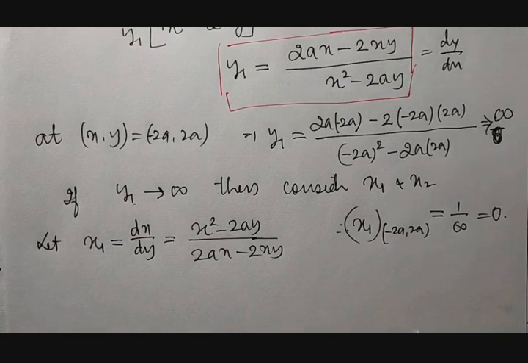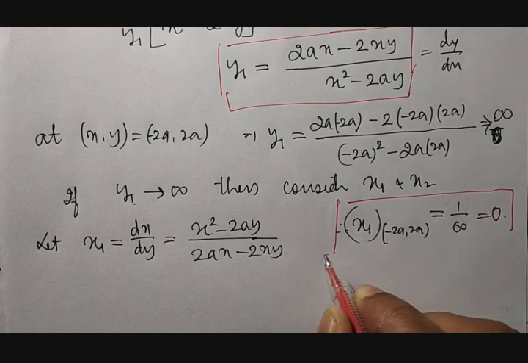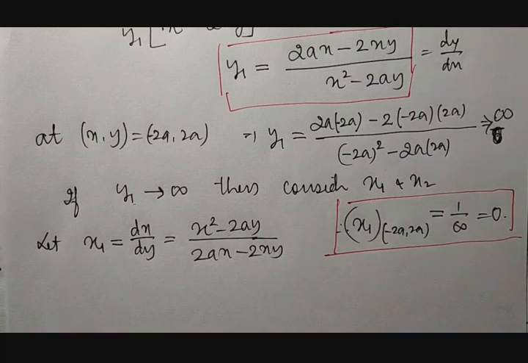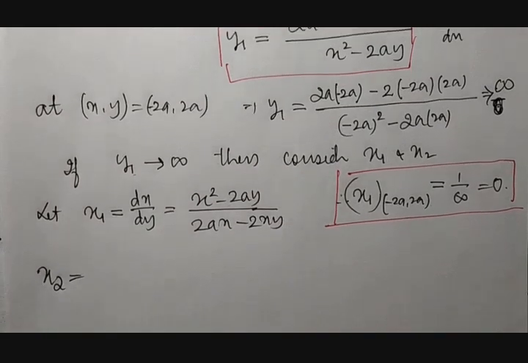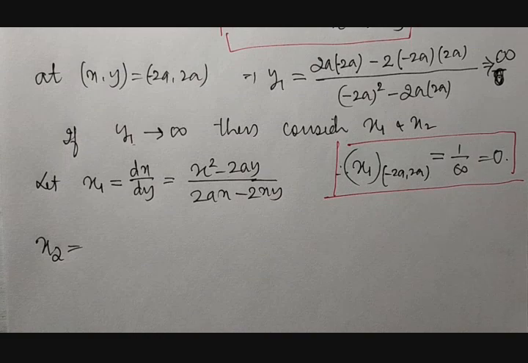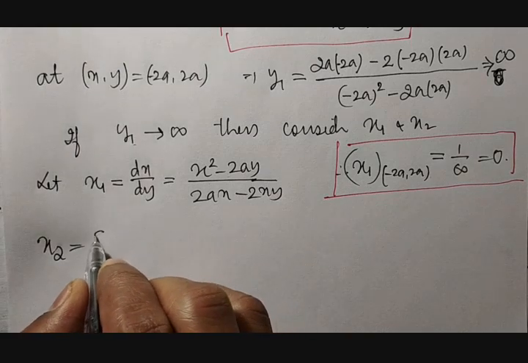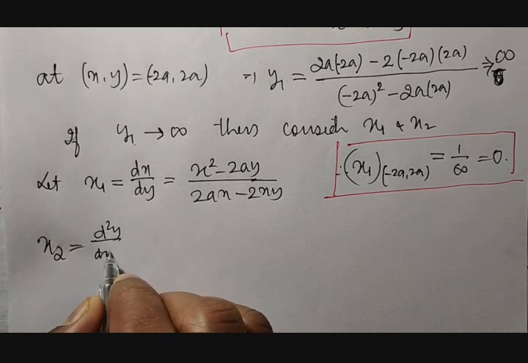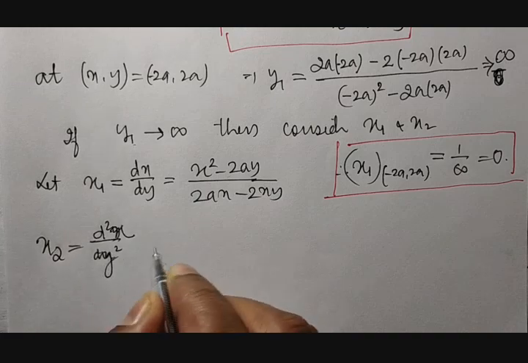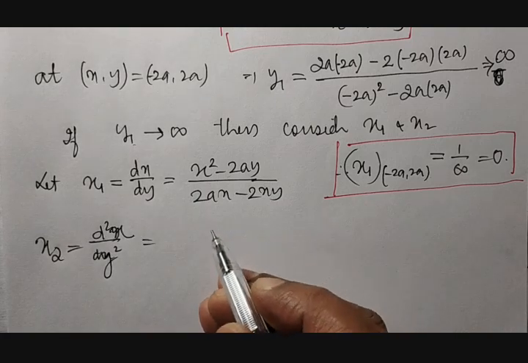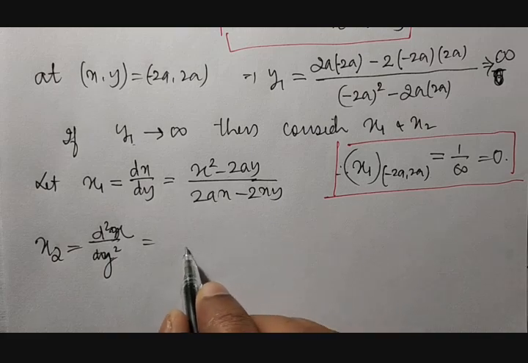So, you got x1 is equal to 0. Okay. Then let us go for x2. What is x2? x2 is nothing but differentiating it once again with respect to y. So, that is d square x by dy square. Fine. So, differentiating this result, that is